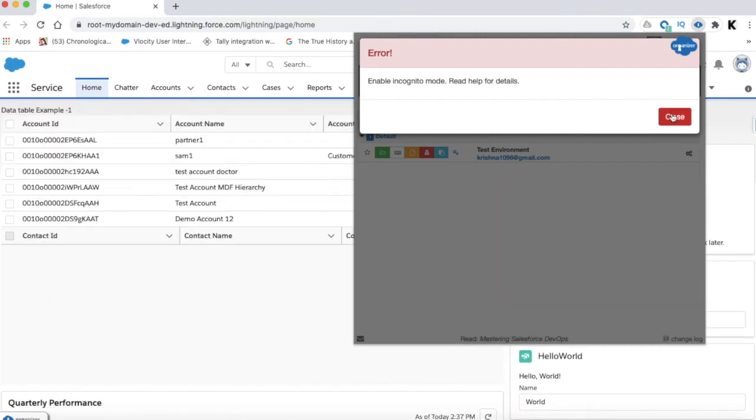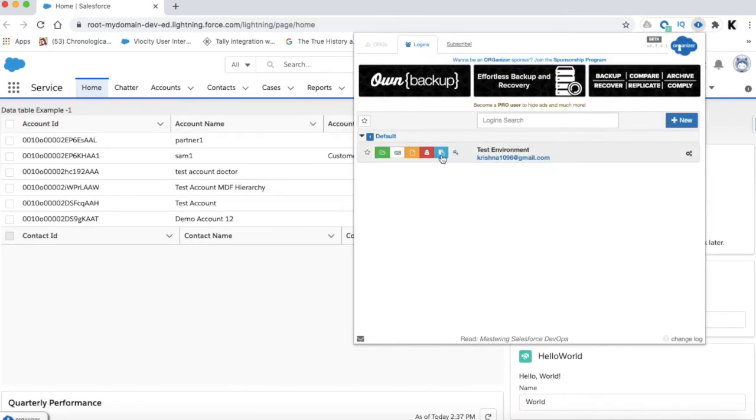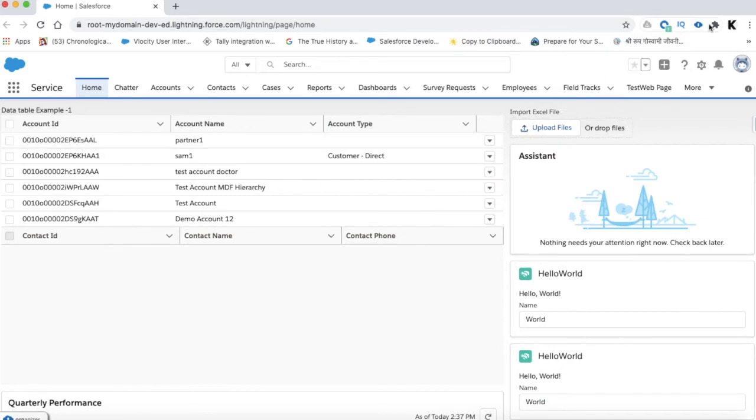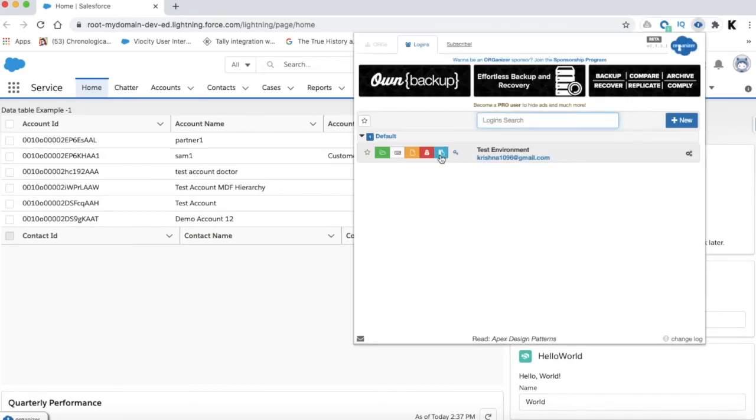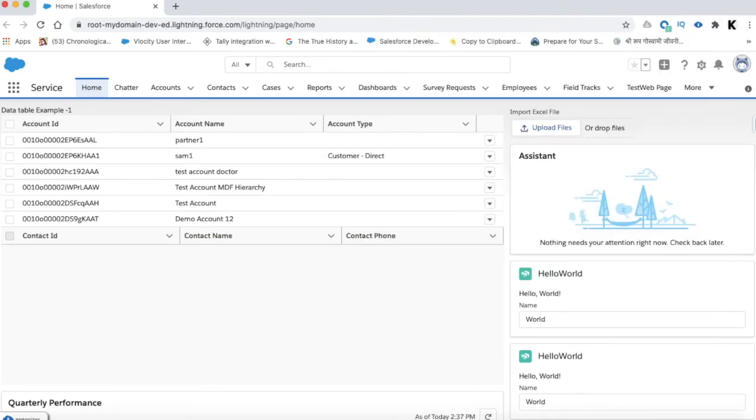The fourth one is actually to open the org in incognito mode, where you want to avoid your cookies and cache. But currently I have not allowed this extension to work in incognito, hence it refused to go.